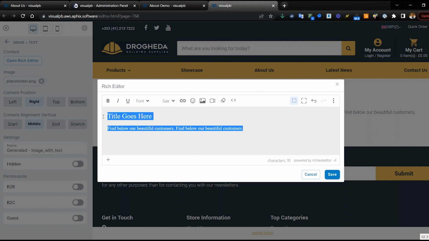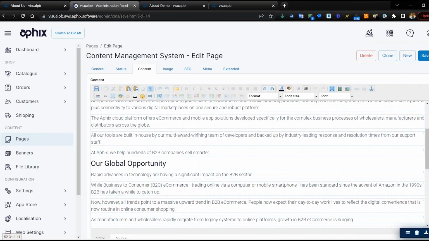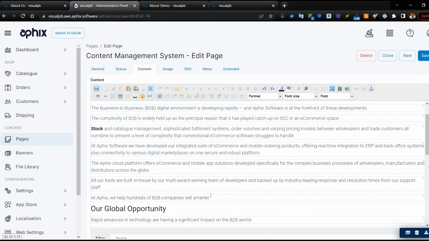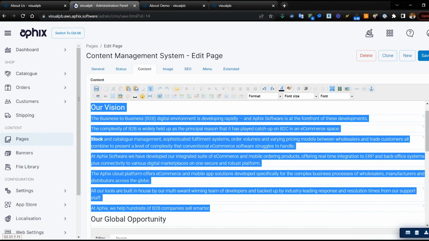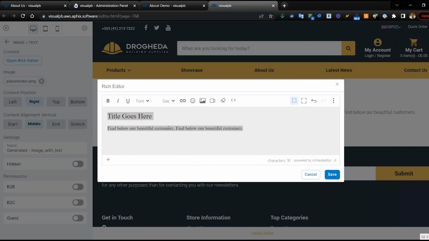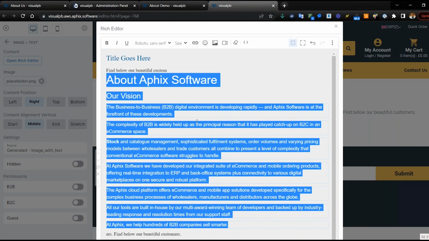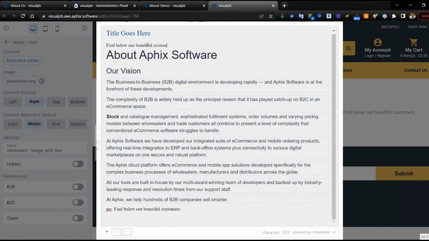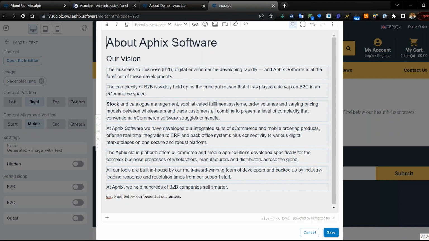Now, I could just start typing away here in the editor if I wanted, and that's fine. Or I can copy and paste something in from the text editor again if I wanted. You'll notice though, in some cases, when you're using one editor to another editor, if I was to copy this and drop that in there, it goes in okay. But just in case there was any specific styling you were taking from somewhere else that you wanted to come across that maybe wasn't coming across just by pasting it from another editor,